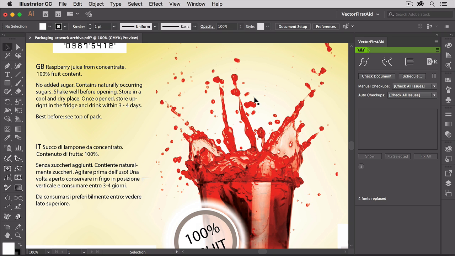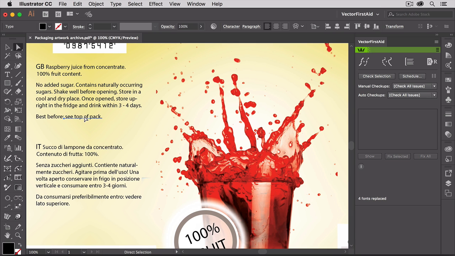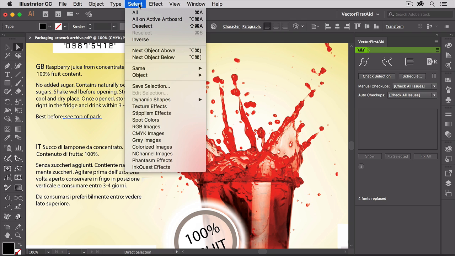To make the editable text even clearer, I'm going to go to the Direct Select tool, and I'm going to demonstrate that the text which has been brought in has been broken up from the original paragraph into words, lines, or even separated lines as well. I want to combine this into one single paragraph again with great ease.